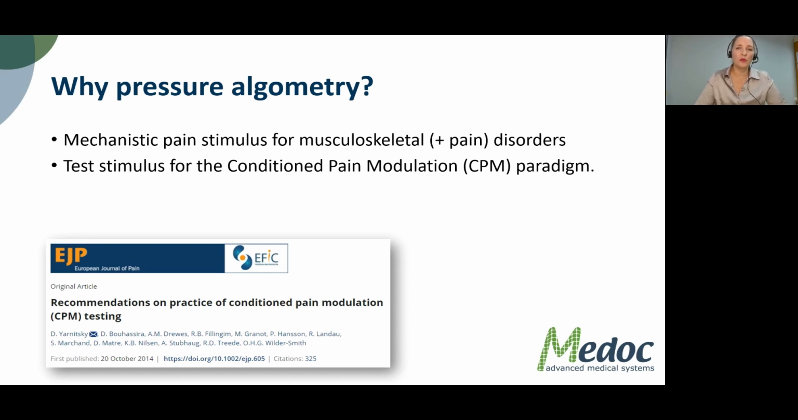So in CPM, when we test CPM, we usually give a painful stimulus, for instance, pressure algometry. Then there is a pause. Then we introduce another painful stimulus to another remote body site, for instance, putting the foot in a cold bath, and during that, while the foot is placed in the cold bath, or right after, we give the same exact stimulus that we gave before. So again, for instance, pressure algometry, and then we see the differences